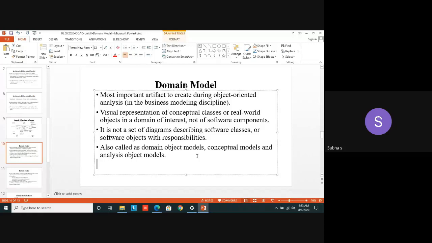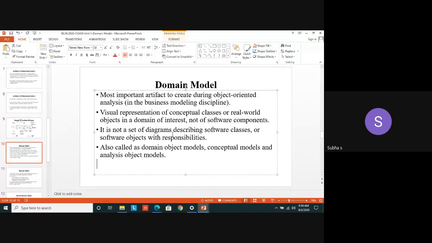Suppose I am drawing it simply. I put a rectangle and write Student, which denotes it is a class. But I don't know about the attributes, operations, etc. I have to add the attributes, specifically those needed for the student, for calculating the CGPA. So you need roll number, name, department, then marks. With this you perform the operations or methods, like getting the marks, calculating marks, etc. So this is called the conceptual class. That is what we represent using the domain model.